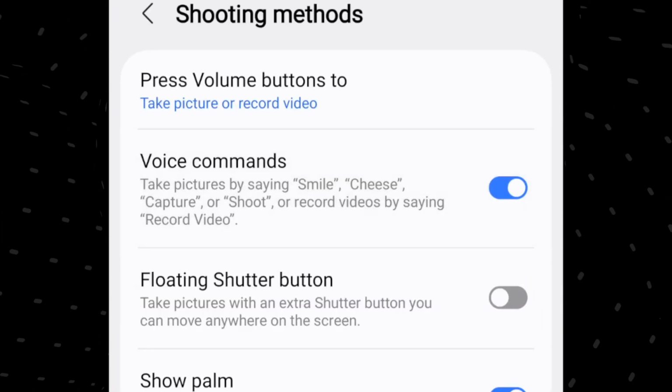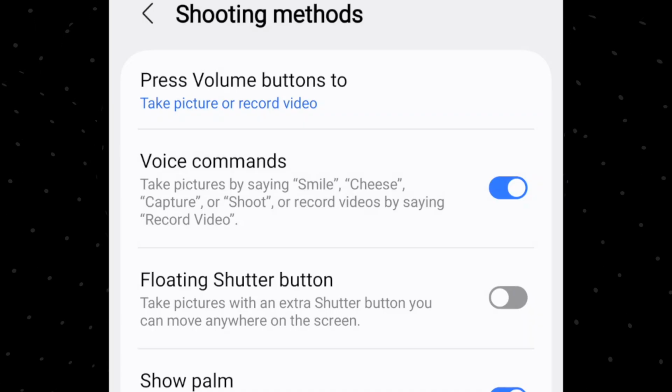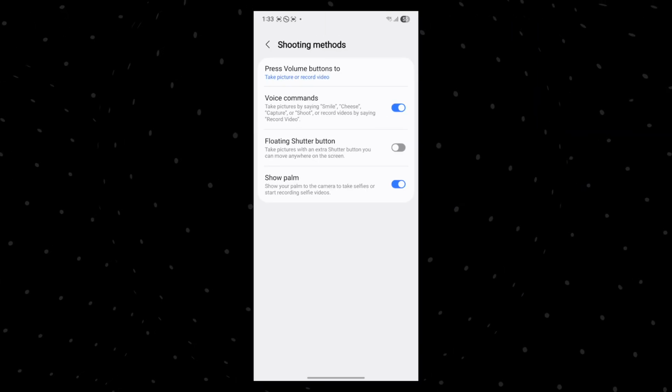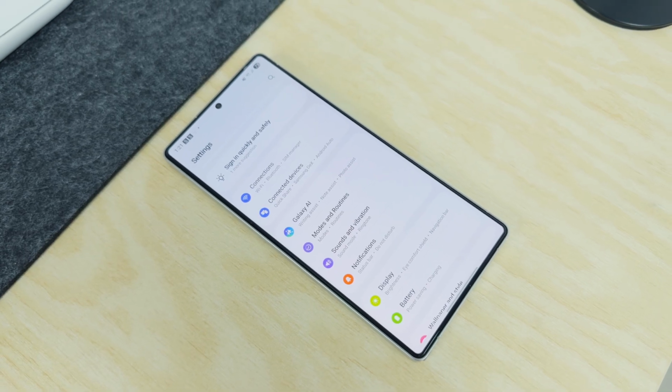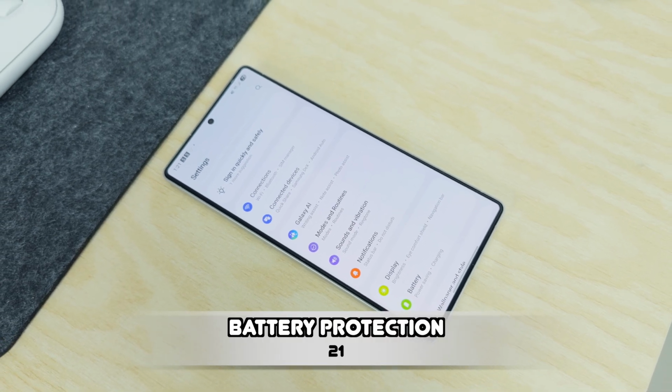Now you can say cheese, capture or smile to take a photo and even record video to start filming, all without touching the phone. Well, if you want your phone to last longer, Samsung's battery protection feature is designed to